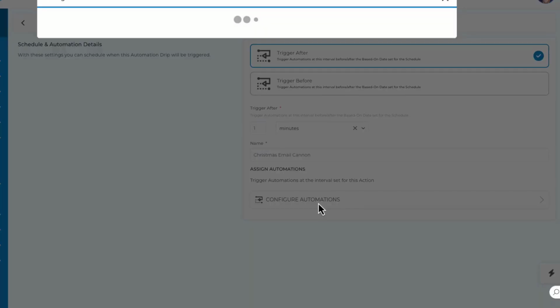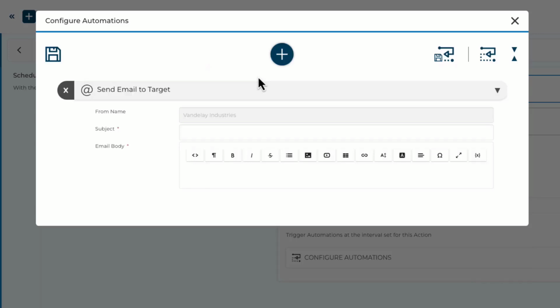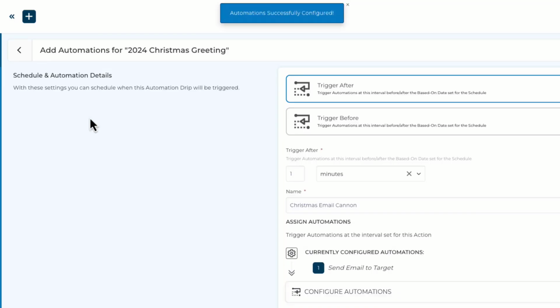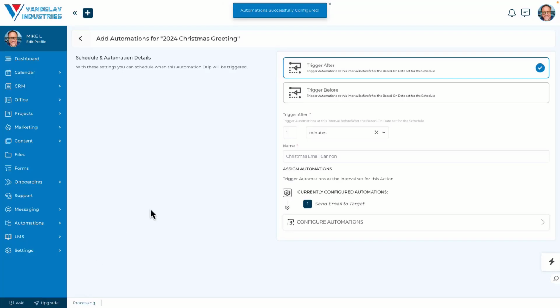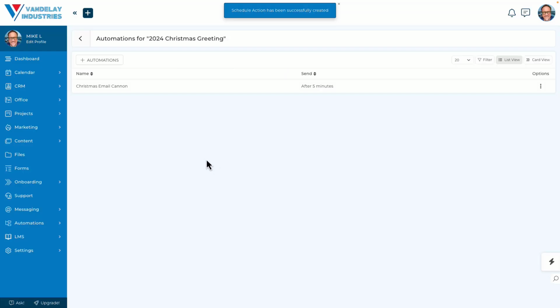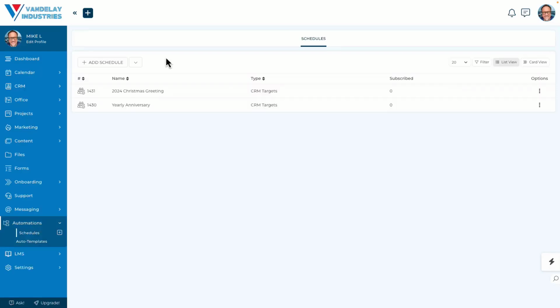Actually, I don't know if I have email cannons active in this account, but we could do an email to target. And here, same thing, Merry Christmas, yada, yada. So now we can save that, and for every target that we add to this schedule, they will receive this email. So again, very simple. This one is on a specific date, which is a little bit different than the relative date, but it does have a use case. And for those of you that are working around, say, event dates like weddings or conferences,